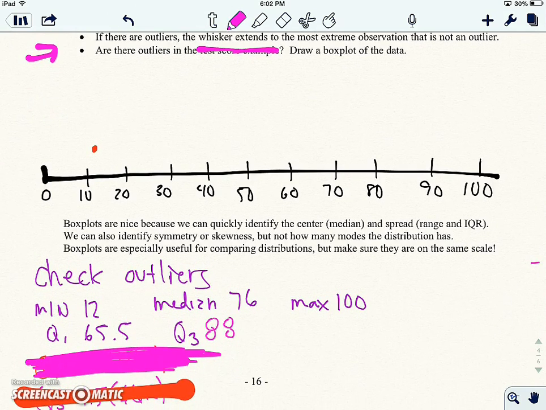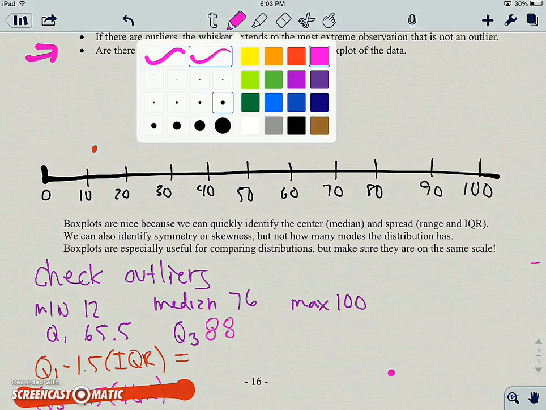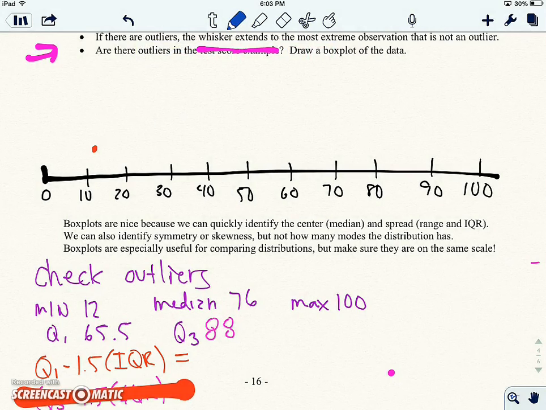Okay. So from that stem and leaf plot, the minimum was 12, the median was 76, Q1 65.5, Q3 88, and a max of 100. We can now look to see if there are outliers. So first off, we find the lower fence, which is Q1 minus 1.5 the IQR, so